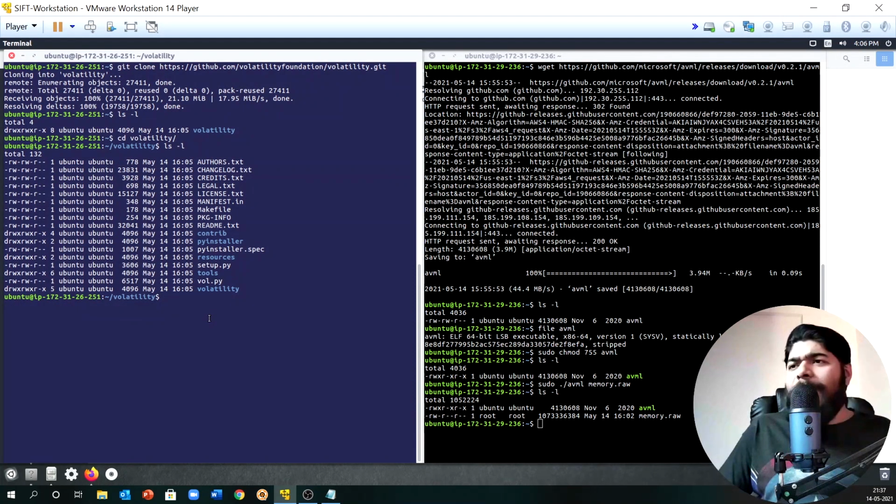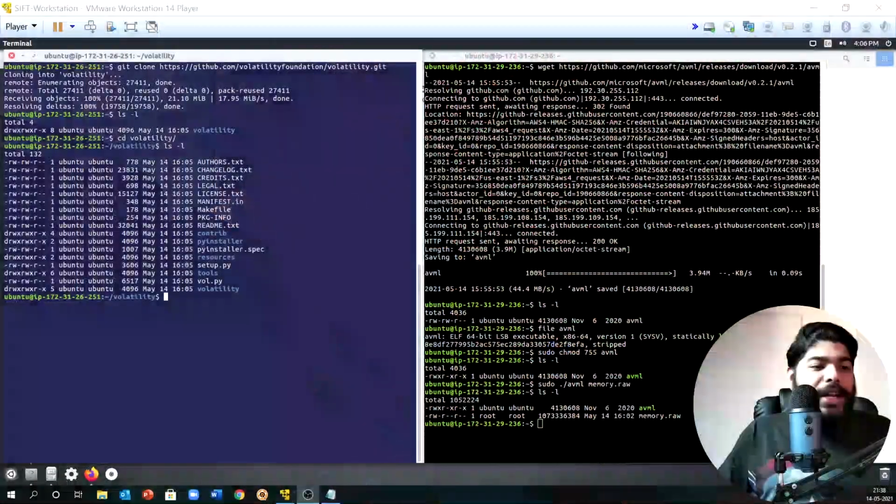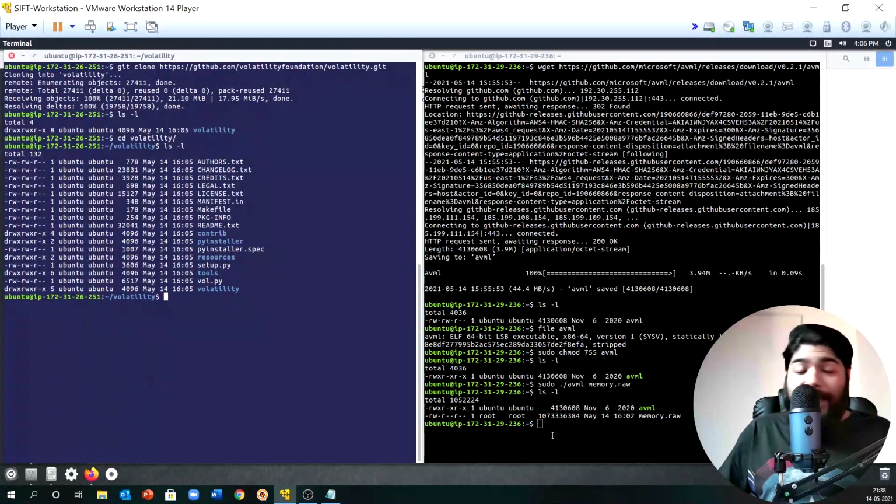Now remember that we are working everything from a Linux perspective right now. I hope you guys know that while you are parsing any Windows image, those profiles are already built into Volatility, right? But for Linux, we need to create our own profile, through which you can actually parse that image in Volatility. Okay, so now let's first check what the kernel version of our infected machine is.